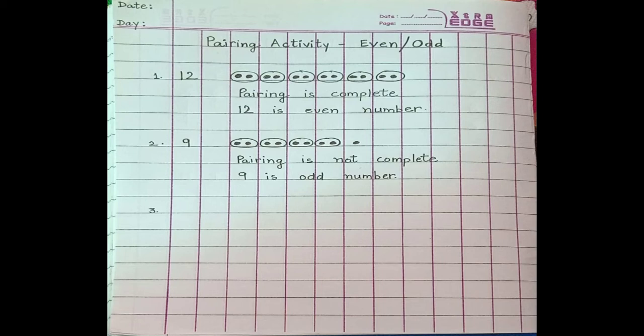I have taken another number, that is 9, in which pairing is not complete. So 9 is an odd number. Now for the third number I have left the space. You will take any number, you will draw the objects, and then you will do the pairing. If the pairing is complete, then it is an even number, and if the pairing is not complete, it is an odd number. Okay, so this activity you will do in the copy. Now let's do exercise